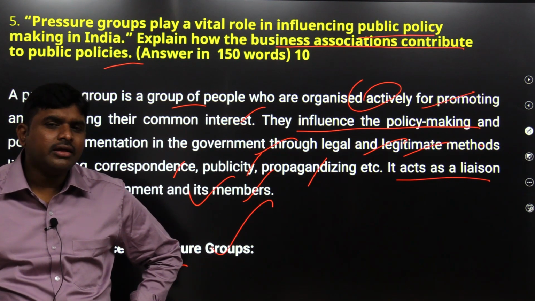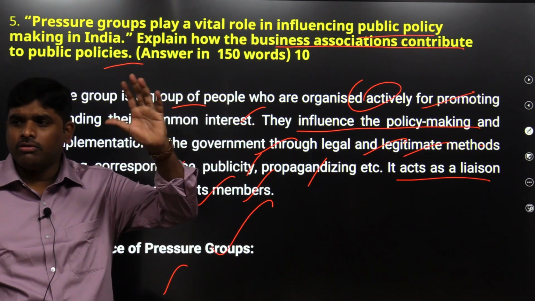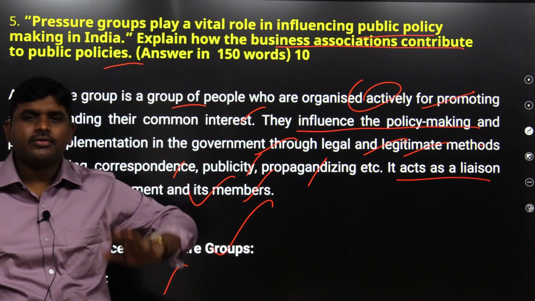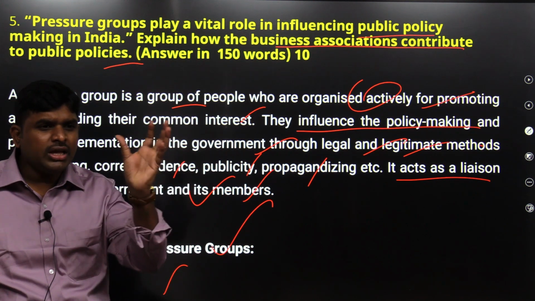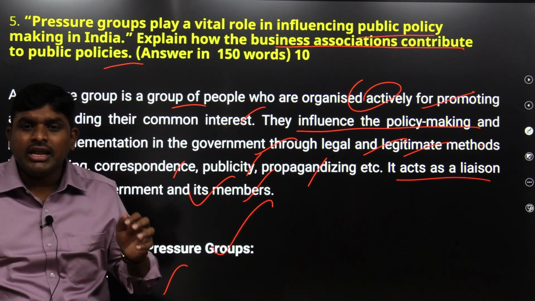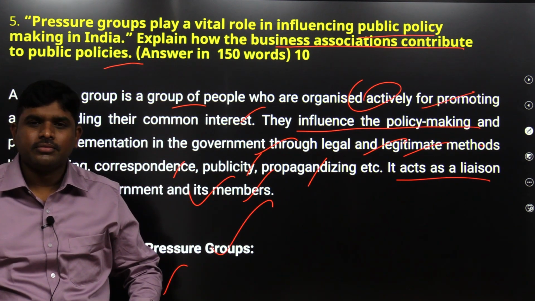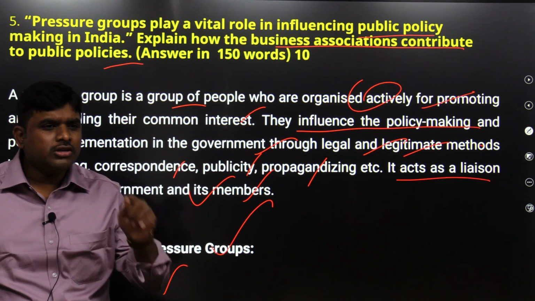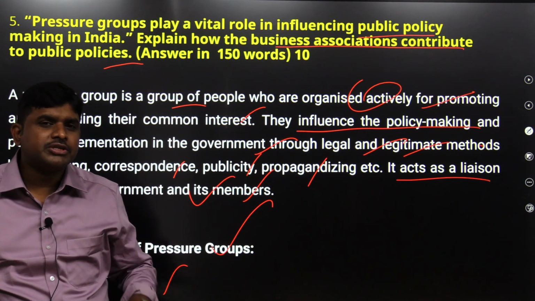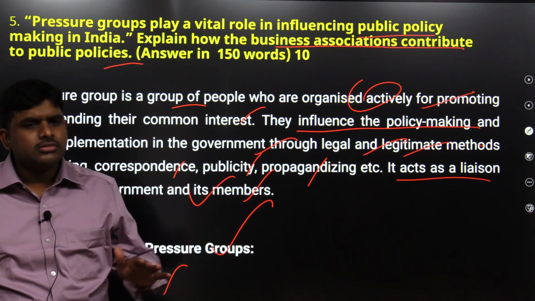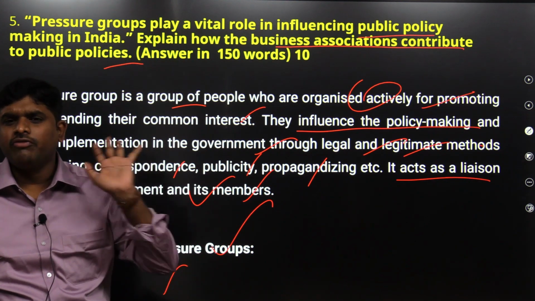Up to 2013, spectrum will be there, no? Megahertz, microhertz, this infrared, that will be auctioned. According to the auction only, the bandwidth will be given to the telecom companies like Airtel, like at the time Tata Docomo. So what she did, she influenced the policy of 2G spectrum allocation. How? By some kickbacks, by some corruption, by some other way. She influenced.